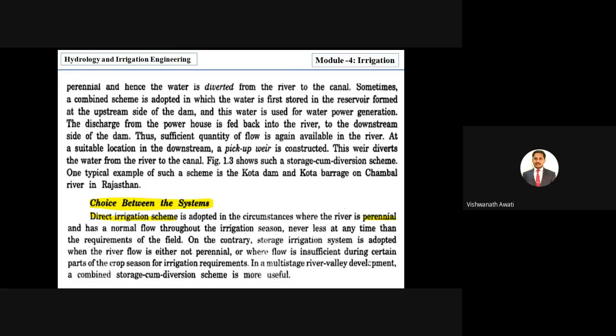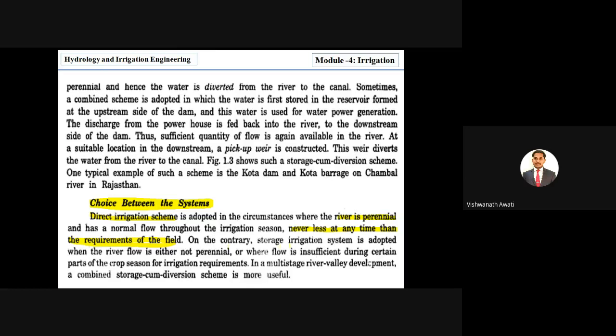Then we'll choose a direct irrigation scheme. One condition is that the river should be perennial, and the main condition is that its flow should never be less, at any time, than the requirement of the field or crop, right? Then the other one, on the